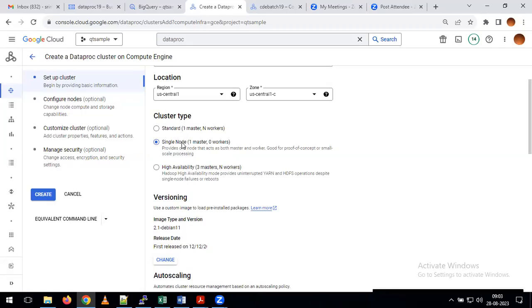One master and workers. In real time, we are going to use either the first one or the third one, because in real time we need to maintain high availability. That's the reason. If you are going to work in real time, we are going to deal with a huge volume of data as part of our real-time projects. For that reason, we are going to select either the first option